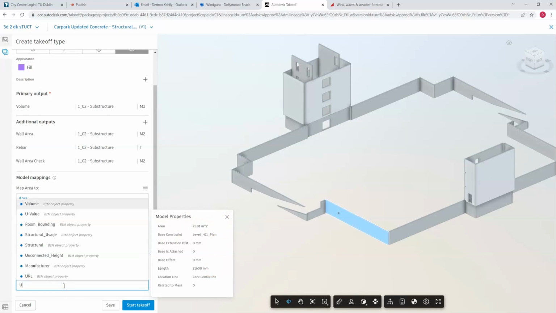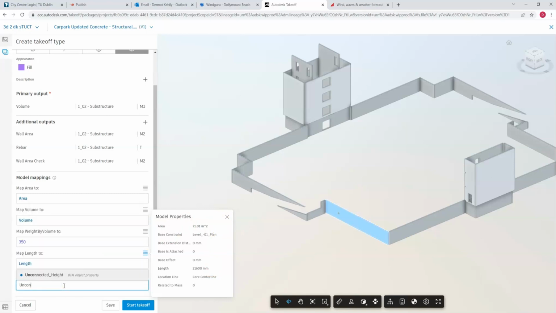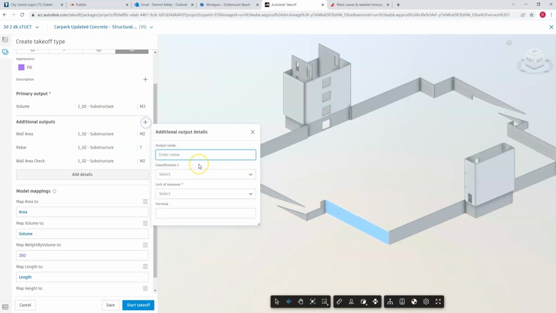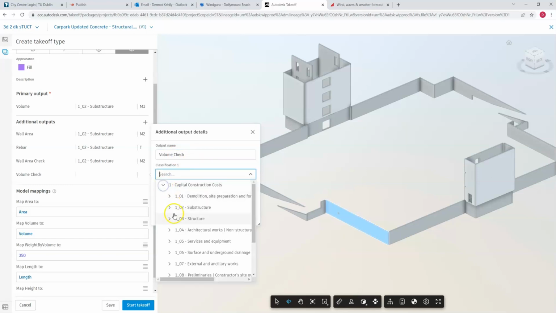And then the height, if I can remember, was unconnected height, or if you typed in height as well, it would come up. So that's the height of this particular item. So obviously length times height should be the same as my area, although that can change, and I'll just show you how it can change. And then I might do a volume check. These are just a few different ways of calculating, I suppose, the different quantities of what I'm looking for, and